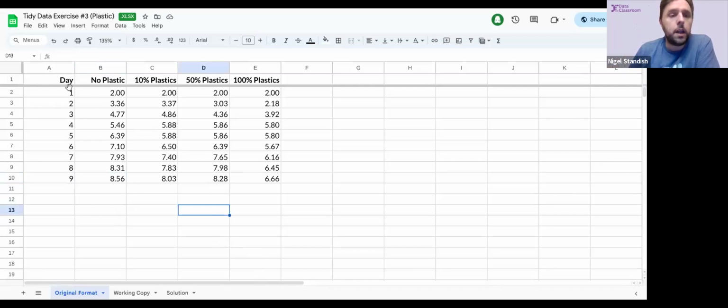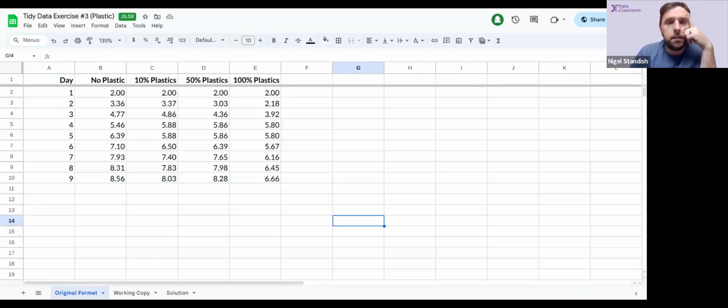And if we look at our variables, we can see, do we think day would be a variable? I think so. Some nodding there. I'm alt tabbing back and forth. And then maybe percent plastics. Was that another one? And then finally, height would be the third one. Did anybody see any others besides those 3? Day, amount of plastic, and yep. Yeah, so